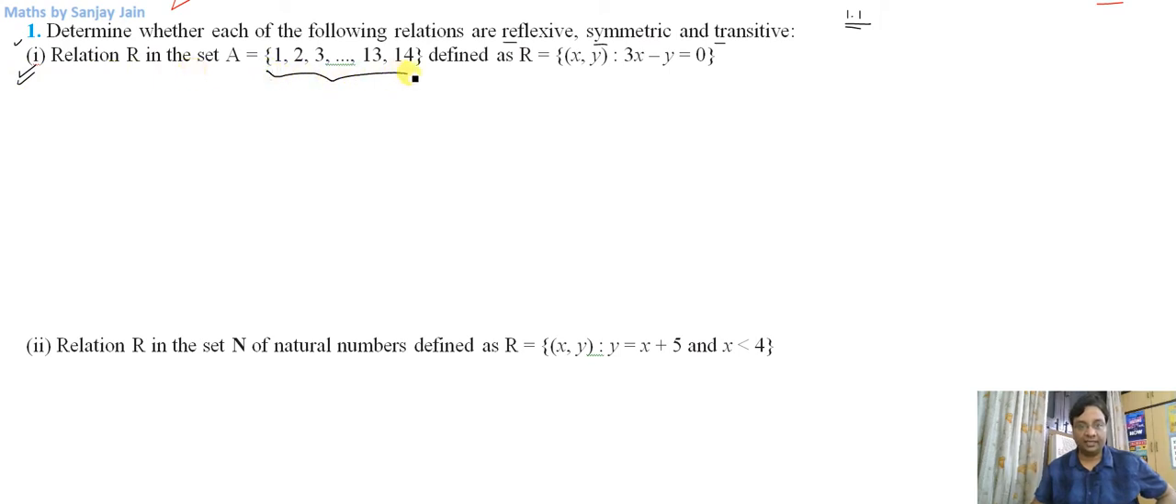This is set A. Defined as R equals (x, y) such that 3x minus y equals 0. That means if I put x equal to 1 from this set A, y will be equal to thrice of x, right? 3x minus y is equal to 0. That implies y will be equal to thrice of x. So if I want to write this relation R,